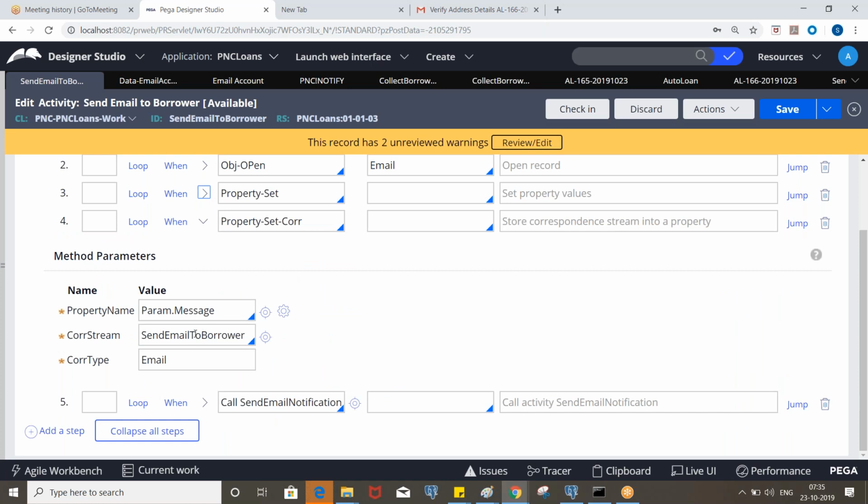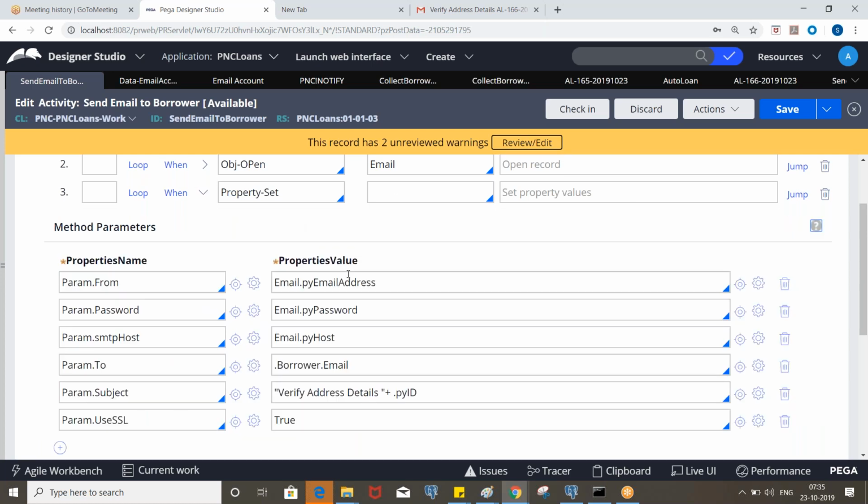But this should contain, in the correspondence, we can call other rules and a lot of other data, right? So in order to hold that, it should be a different kind of property. It should hold all kinds of data. But here, if you look at the other parameters, these are all just holding a single value. Okay.